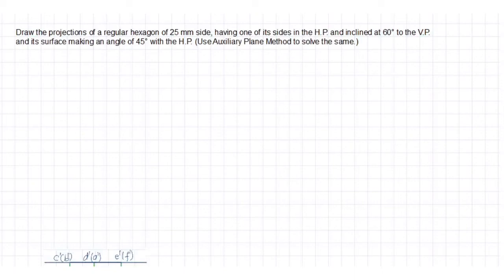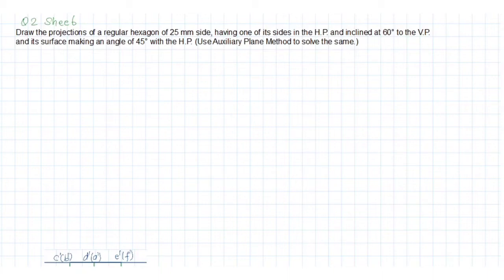So today we will discuss question number 2 of sheet number 6. The first question of the sheet is about the traces at different positions of a plane, and this is question number 2 of sheet number 6, where we have to draw the projections of a regular hexagon of